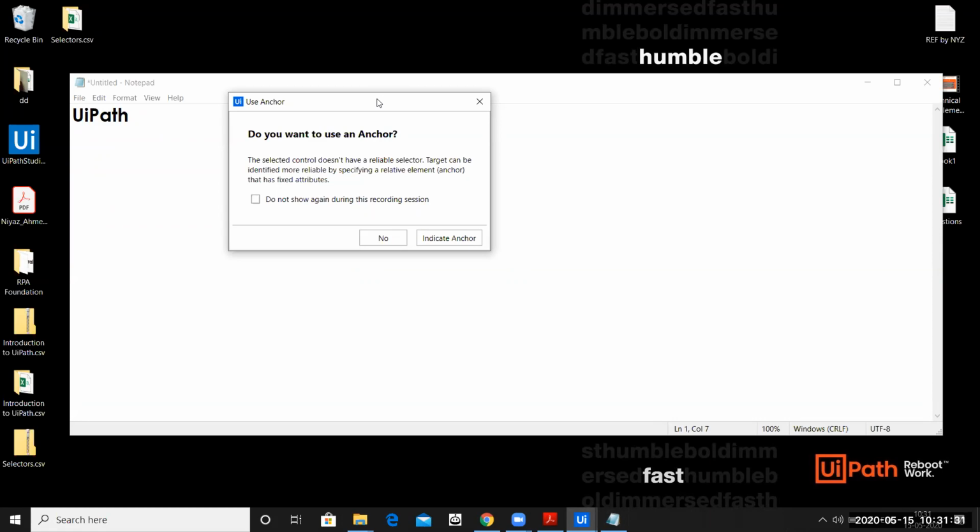The recording is also asking me the same thing: do you want to anchor it? So far we have only clicked on file. The moment I click on file, it asks me, do you want to anchor it? My question is, do I really need to anchor it? Is the position of the file going to change in the notepad application? The answer is no. My file option will always be at the first position.